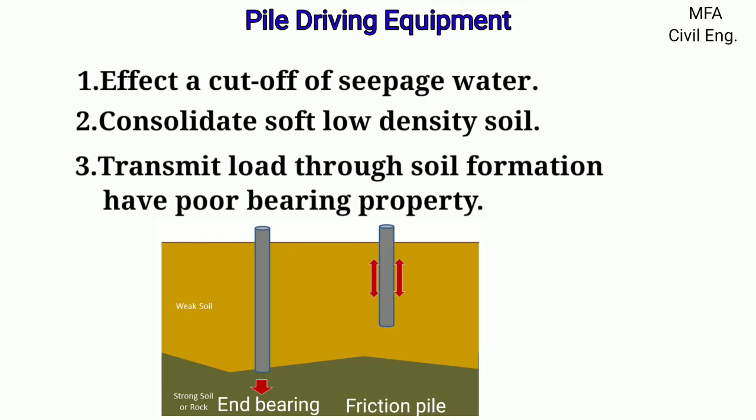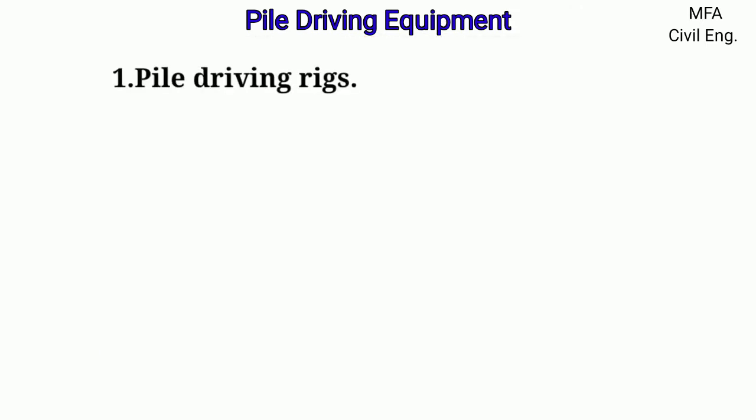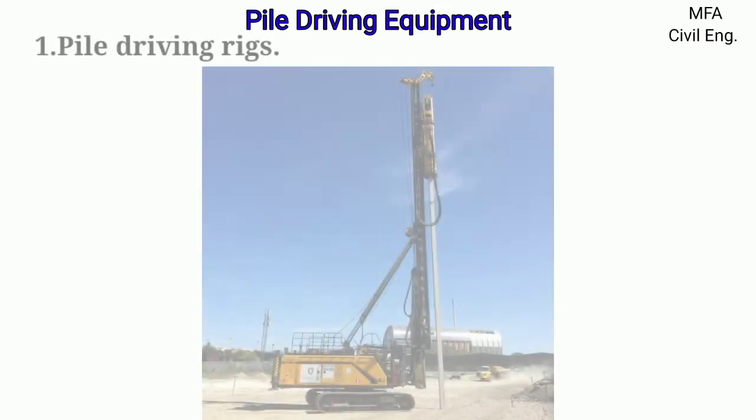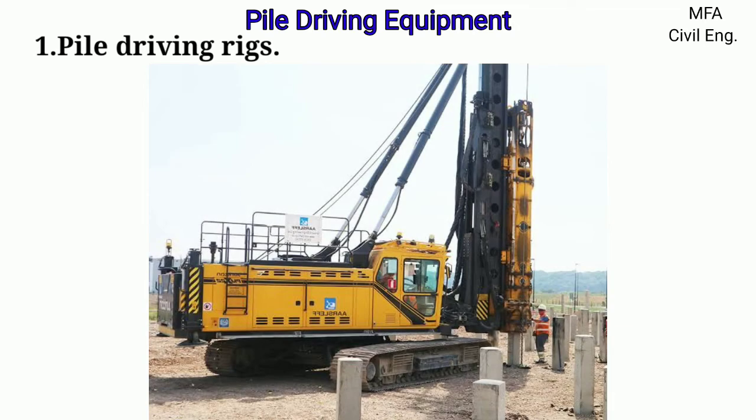The pile driving equipment is designed in such a way that the piles are driven effectively at an economical cost. Some of the major pile driving equipment are pile driving rigs and pile driving hammers. The pile driving operation consists of lifting and holding the pile in position, hammering it into the ground and guiding it accurately in the desired direction of movement, which is performed using a driving rig.